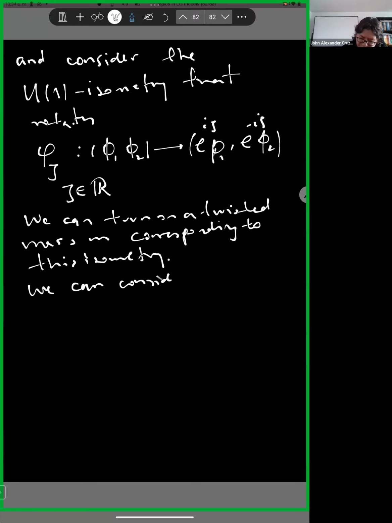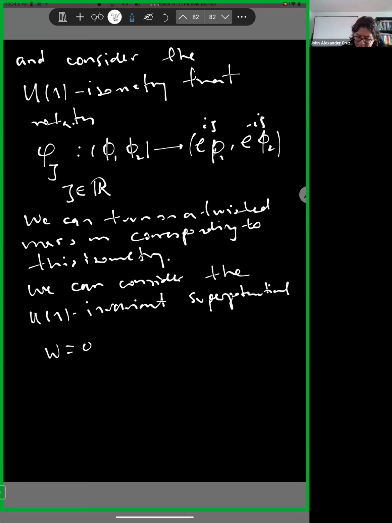And we can consider the U1 invariant superpotential W equal to phi1, phi2. That will be somehow the simplest situation, right? But the important thing is the following, so that actually